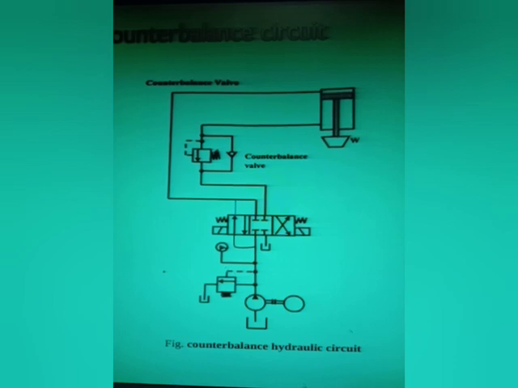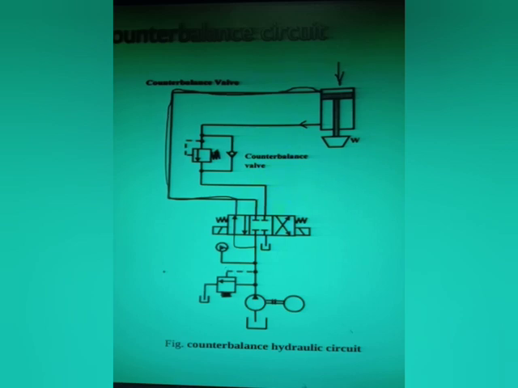So from the pump, the oil will go to this end of the direction control valve. From this end of the direction control valve, the oil will go to the actuator. Suppose the oil is going from this line to the actuator like this. When the oil goes to this line, the load will move in the downward direction. Now whatever oil is stored here will come from this direction, and this oil will go to this counterbalance valve.